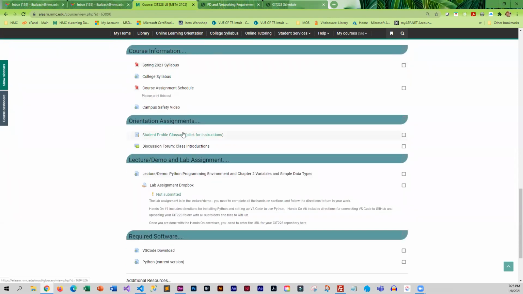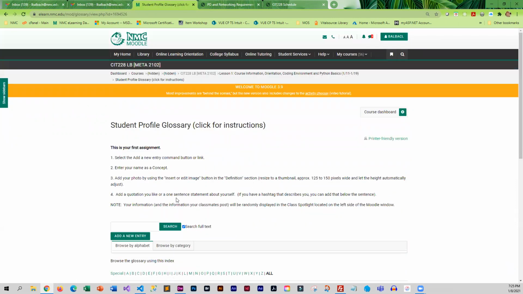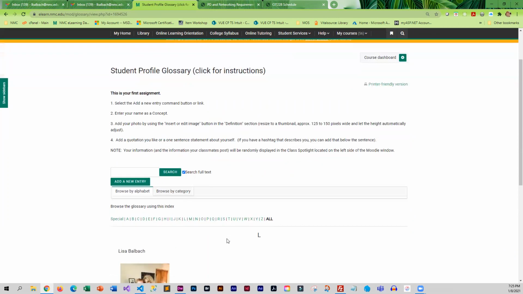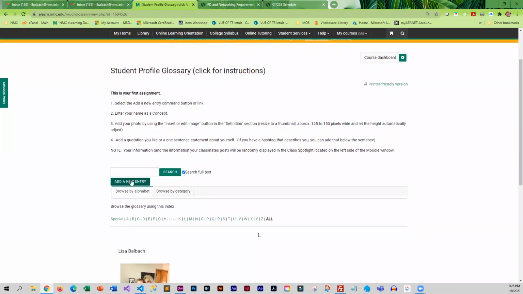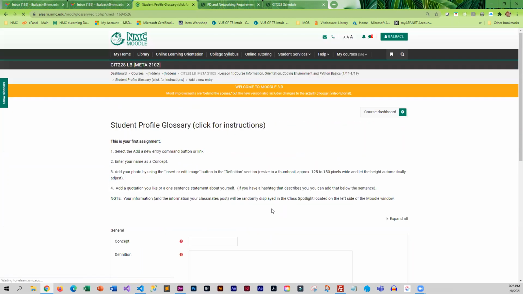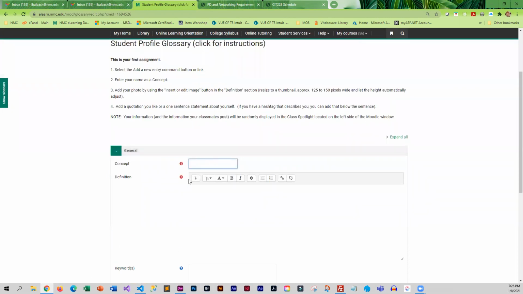That brings me down to our first assignments. We have two orientation assignments. One is the student profile glossary. And if you click on this, you will notice that the instructions are right here. And I believe I've already done this, but all you have to do is click on add a new entry, key in your first and last name,